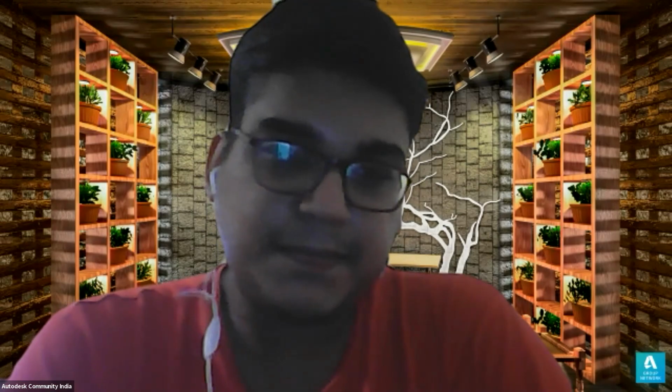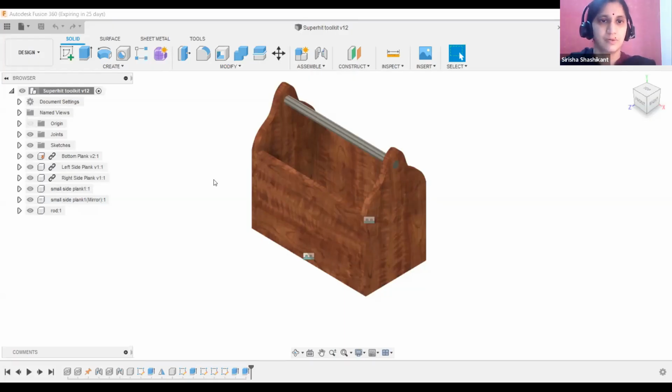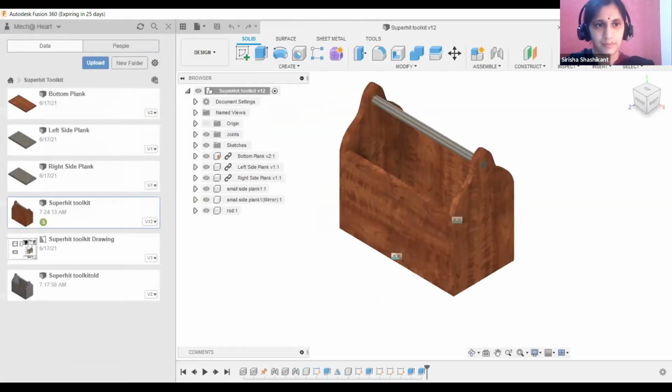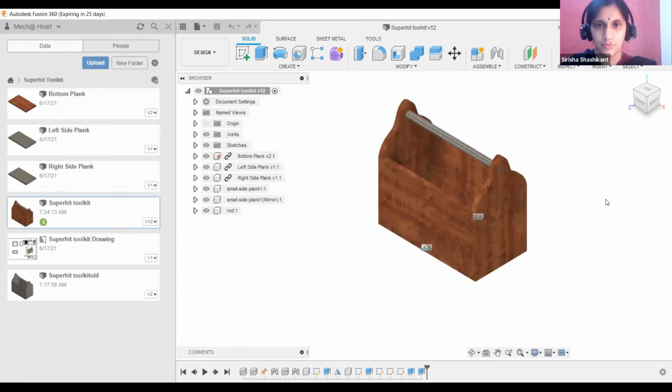There's another question. Okay, can two individuals work on the same project simultaneously? See, I'd like to share my screen again. I'm going to share the Fusion screen and I'll show you. So right now you can see in the data panel, beside the Superhit toolkit there is an S. There is an S because I'm working on this project.